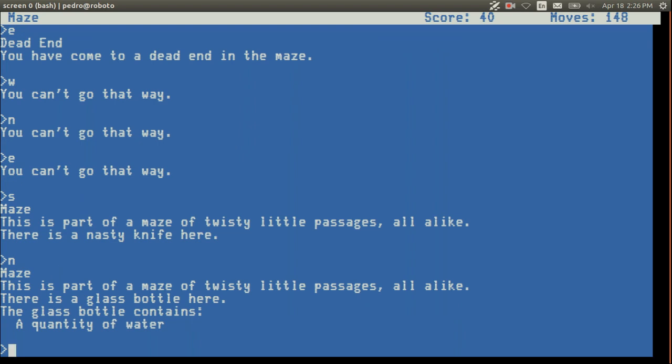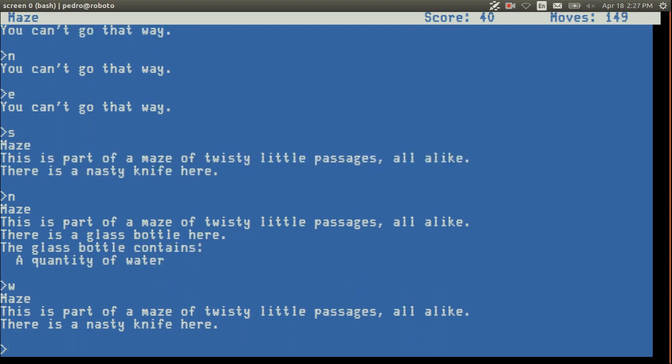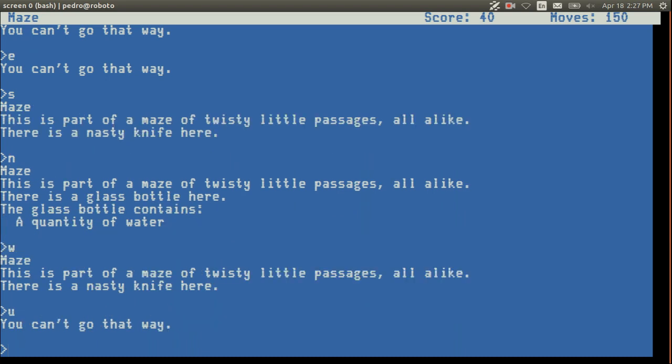Okay, what about west in the bottle room? This is trippy. I'm loving this state machine. What does west do? West from the bottle room? Yeah, because we did go west originally. West from the bottle room takes us back to the knife room. Okay. I think we've got a full map now. I think so, yeah. And there's nothing in here. Can you go up? What do you mean, up? North? No.